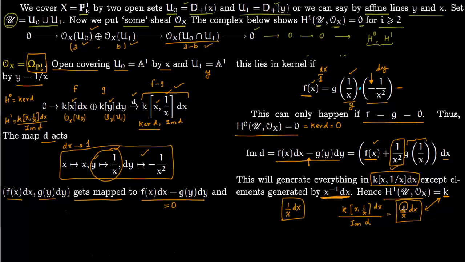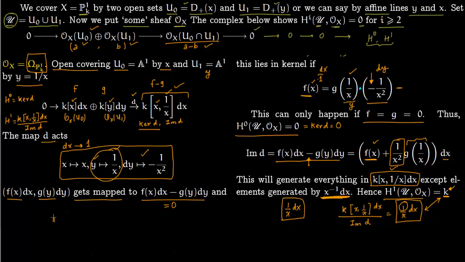So you keep changing scalars, so this will keep changing. So how many of these are there? Exactly the number of scalars you can put in the numerator, and the number of scalars you can put in the numerator is precisely this k. So notice that here h1 is k and h0 is 0. In the previous sheaf we saw that h0 was k and h1 was 0. So Čech cohomology depends upon the sheaf you put on your space.